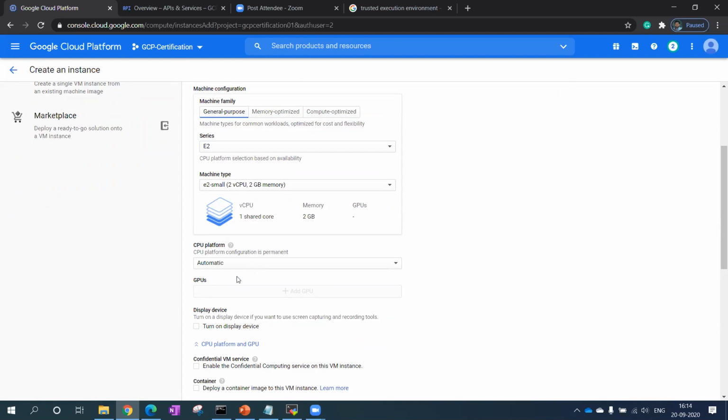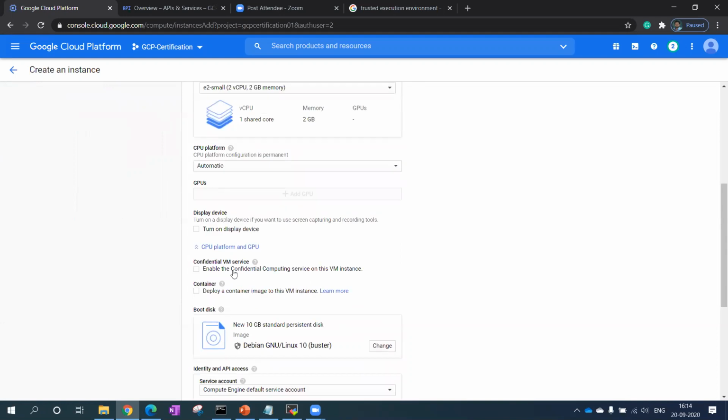But again there is one more catch here, that it is a soft limit. So you will not get a GPU directly at the initial level, because initially every account is given 0 GPUs. If you want to take a GPU for any VM, you have to open a case to get that GPU limit for your account, and then only you can use the GPU. Okay, any question, please let me know, interrupt me.